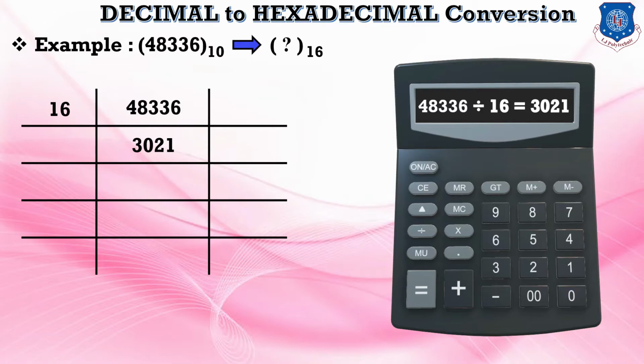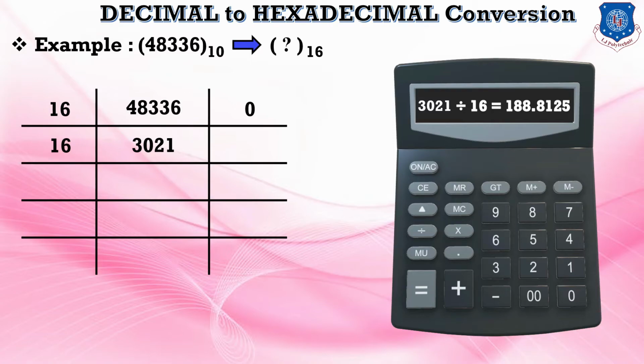Here there is no fractional value, so we consider 0.00 as the fractional value of this number. Now this 0.00 is multiplied with 16, then we'll get our remainder 0. Now for the next step, 3021 is divided by 16 again. So we get